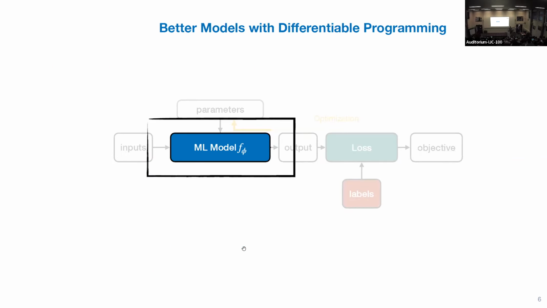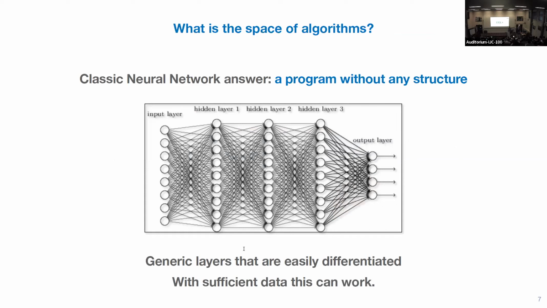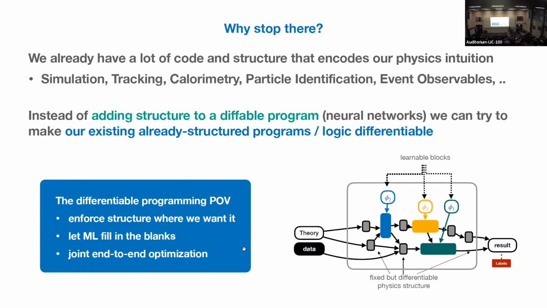Okay, let's talk about the model. How do we inject physics there? The classic, orthodox approach is, we have one brain, one model, and it will do everything for us. We just throw data at it and it will learn it. With sufficient data, this can work, but increasingly,